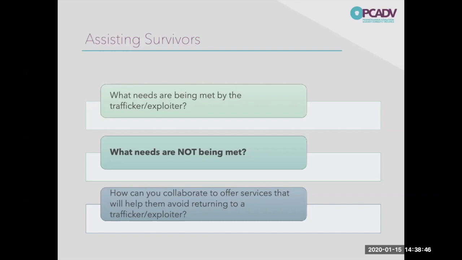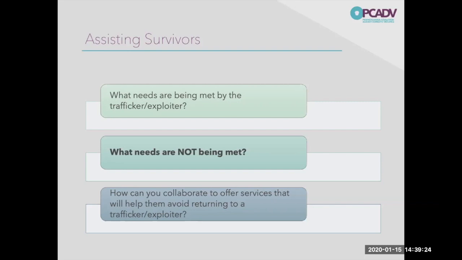I like to always ask these questions with regard to a human trafficking survivor. The first thing that we need to ask is which needs are being met by that trafficker. And this is hard sometimes, but when we break it down, that trafficker is providing them with everything: love, a place to stay, a feeling of belongingness, a feeling of, even if that system is dysfunctional, the individual is still a part of it. They may be providing food, they may be providing whatever those basic human needs are.